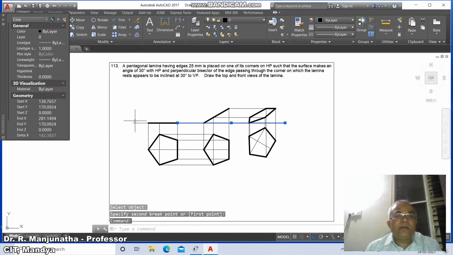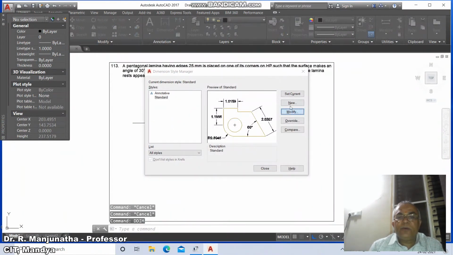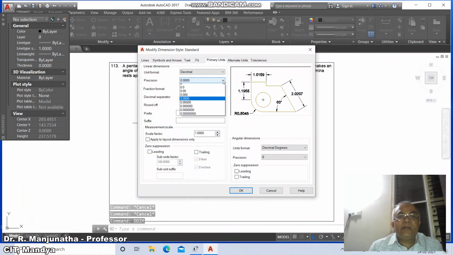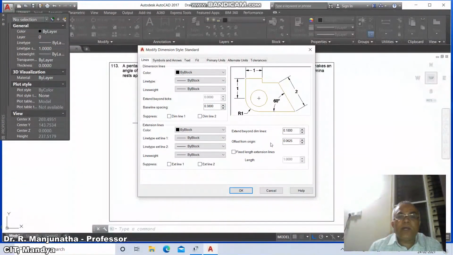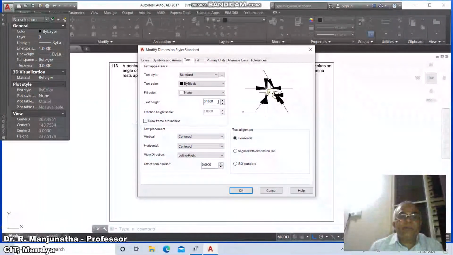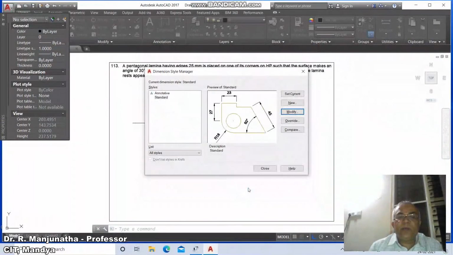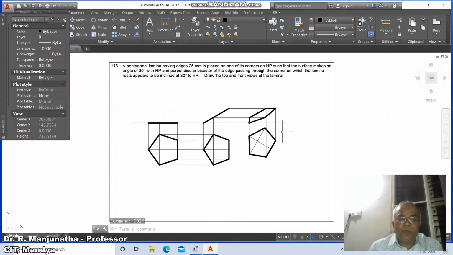Now we will go for this line and take this layer and make this line as XY, then go to TDIM, then go to modify, go to primary units, make it as 0, then go to lines, take the offset from origin as 3, symbols and arrow size as 4, then go to text height as 4, centered is above, aligned with the dimension line, so take this as 3 and say OK and say close, then go to dim